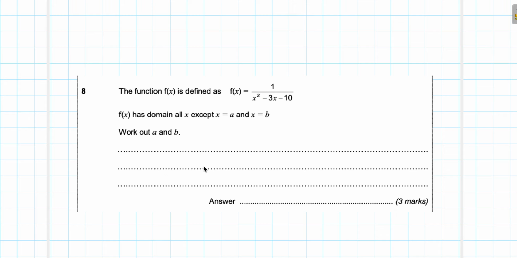Question 8, the function is defined as f of x equals 1 over x squared minus 3x minus 10. f of x has domain all x except x equals a and x equals b. Work out a and b. Okay, so for this one here,